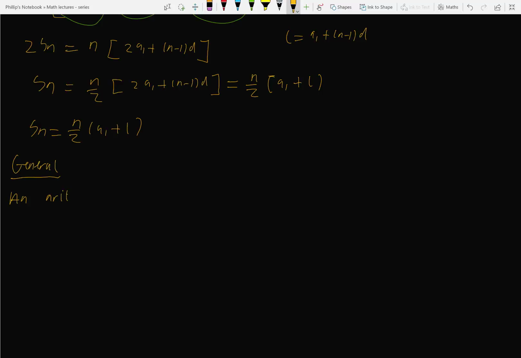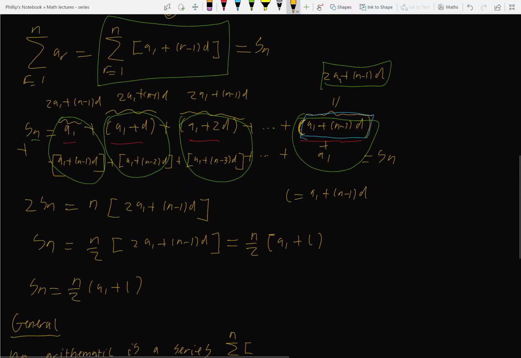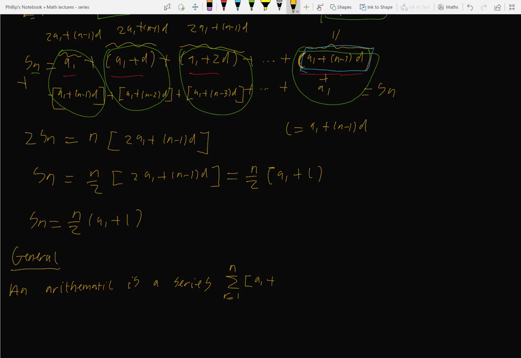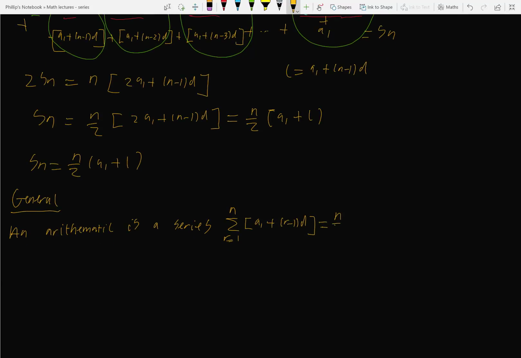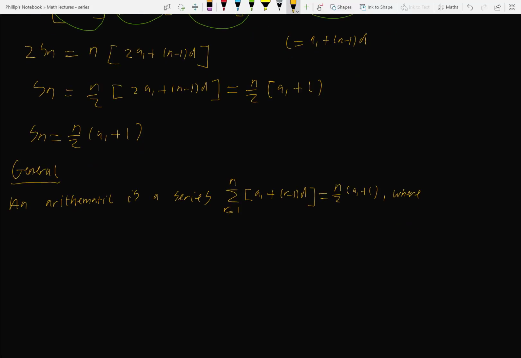So an arithmetic series is a series from r is equal to 1 to n of a1 plus r minus 1 times d, which is equal to n over 2 times a1 plus L, where a1 and d are positive natural numbers to be defined,